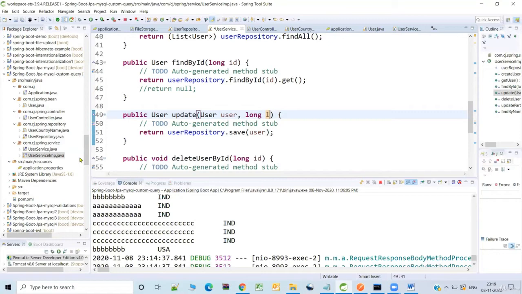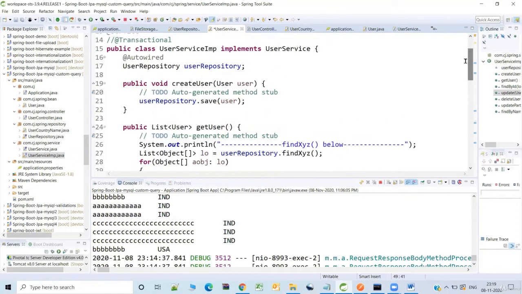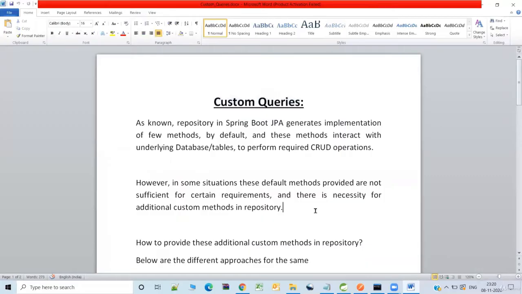in the service layer. Now the thing is, in some of the applications, we need custom functionality in which the default methods which are being provided by the repository are not sufficient. So there is a need to use custom methods in the repository.